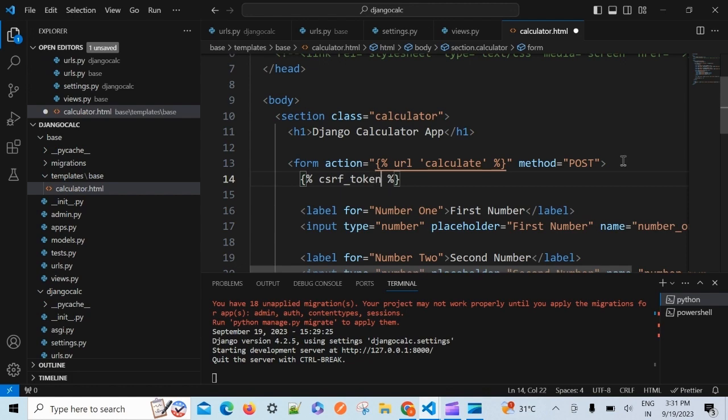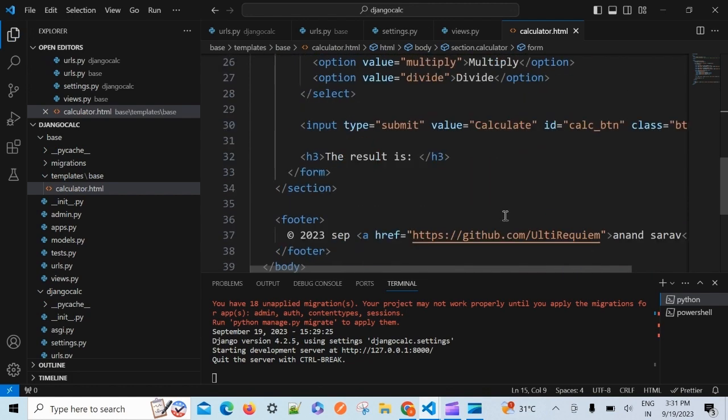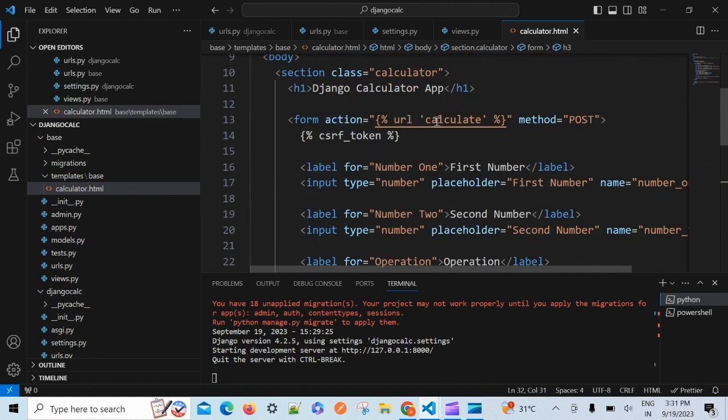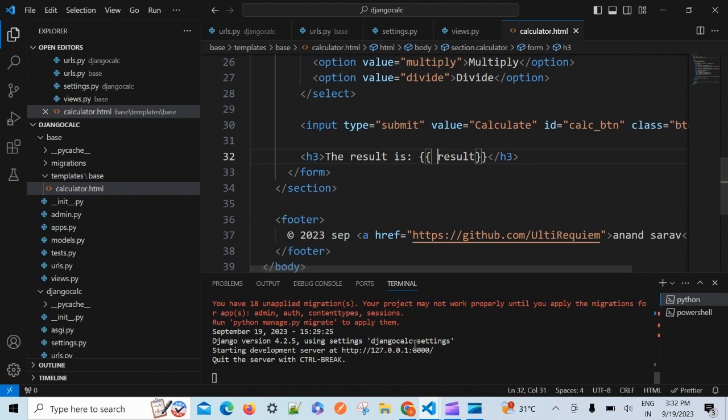That's pretty much it. And this is a different kind of Jinja template to access the variables: double curly braces on both sides, and we'll just pass result. So there you go. We have just passed everything that we need. We have defined the form action, we have passed the token, and we are getting the result back. So let's